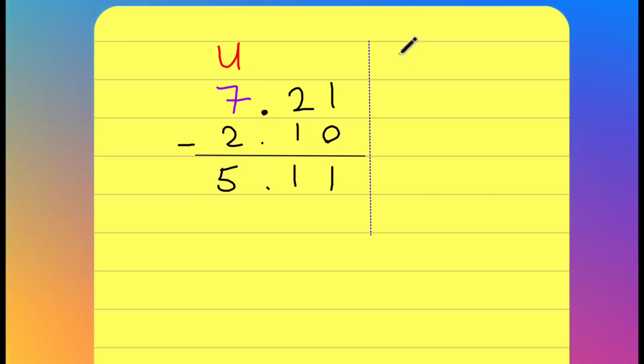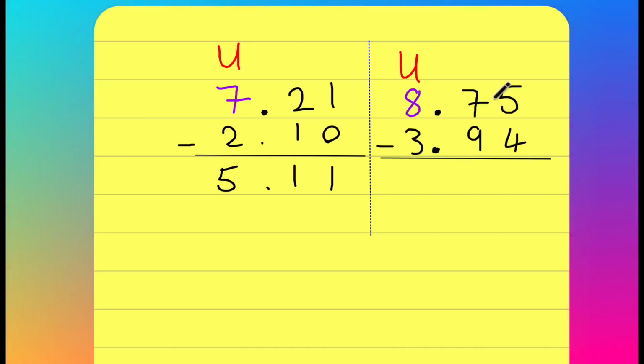We can also regroup with decimals. Again, just remember 7 parts of 10. In other words, 70 parts of 100, and 5 parts of 100. Let's take away. 5 take away 4 is 1. 7 take away 9 will not work. I'm going to split up my whole number